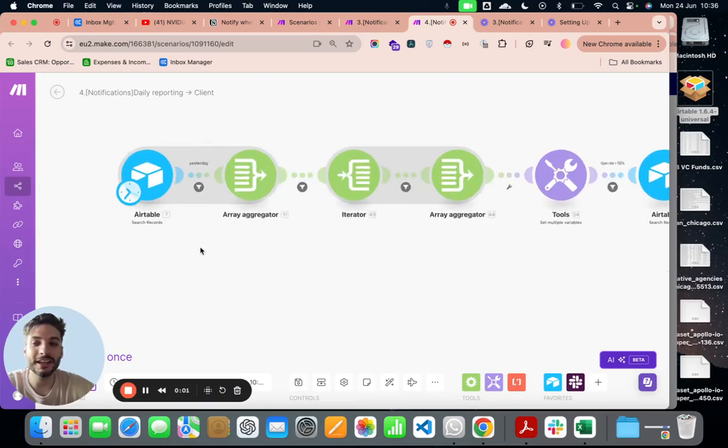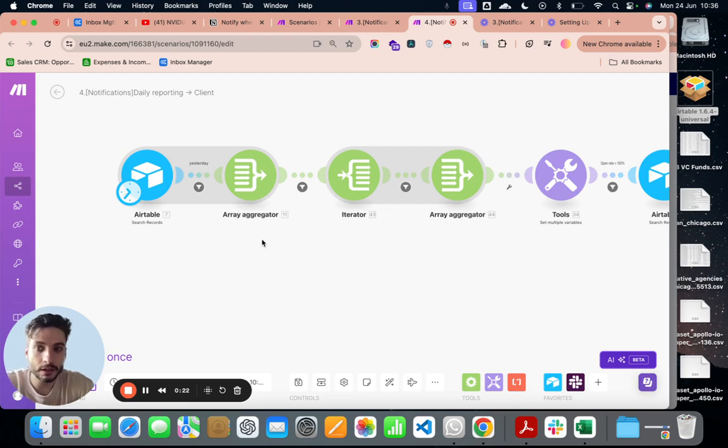Mention how it works. It fits with all the data that we've collected already in the past. So in the first section, if you remember, we are aggregating the data daily. And with that data, then you can start to do things, right? So this is an idea, but you could do thousands of different things depending on your different use cases and